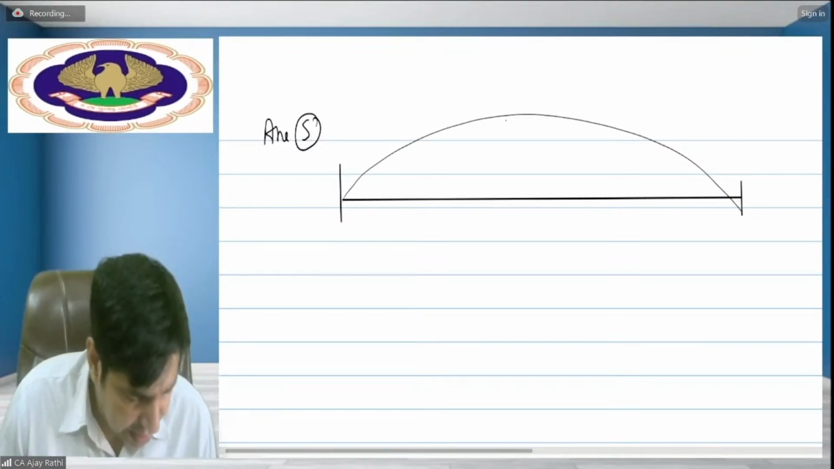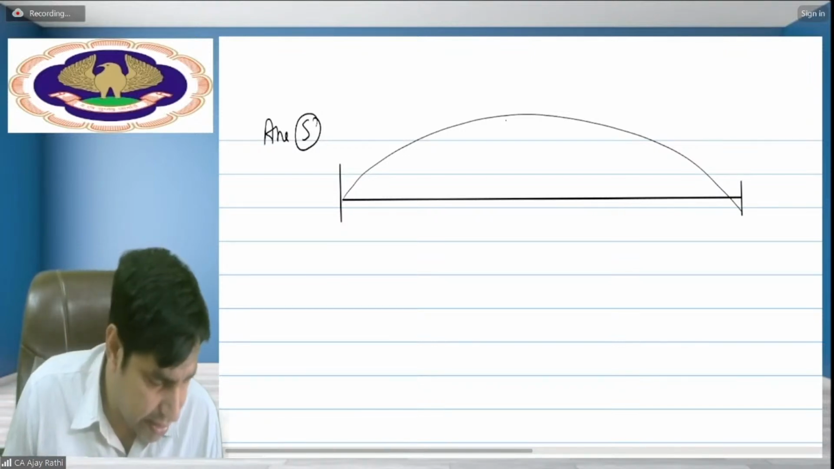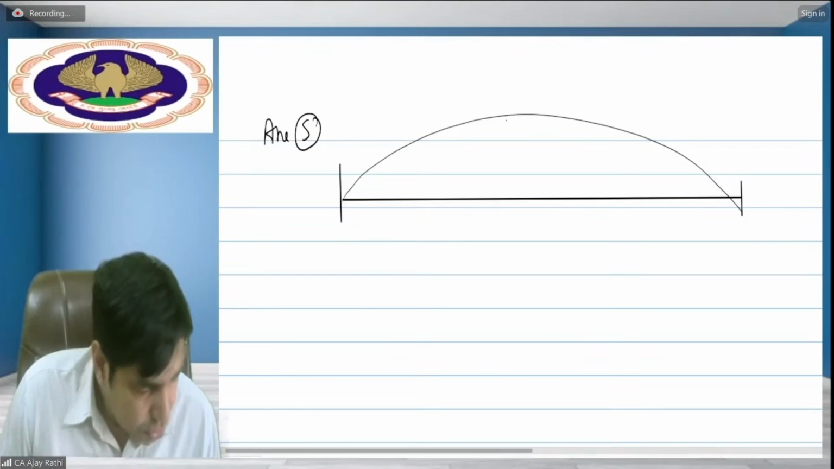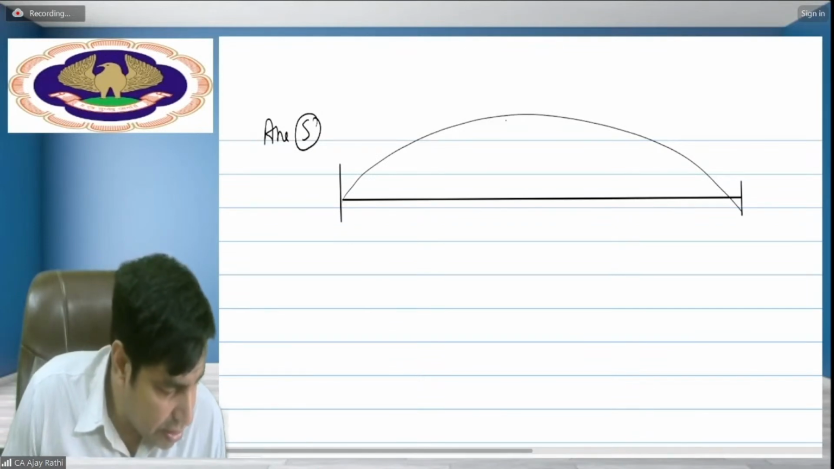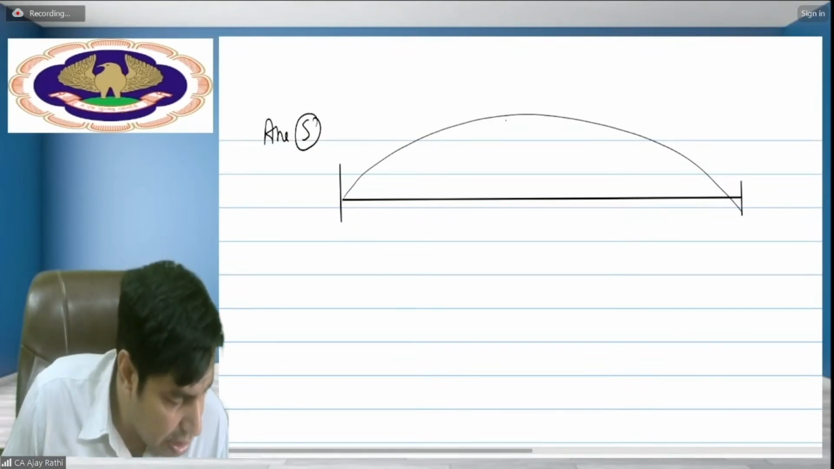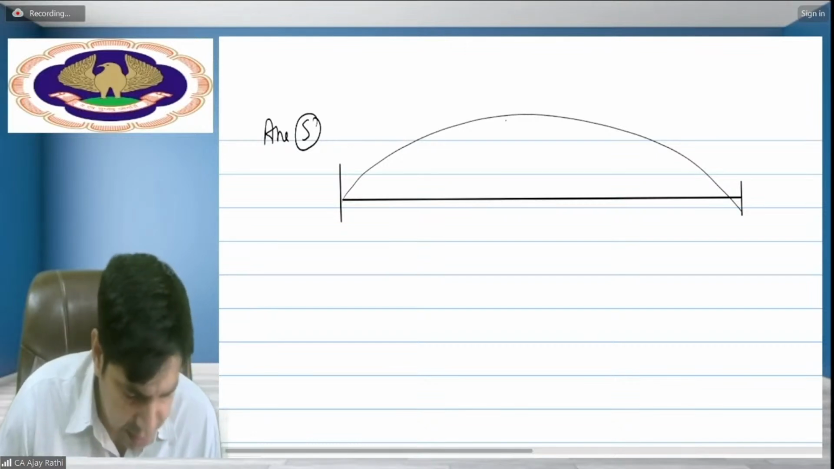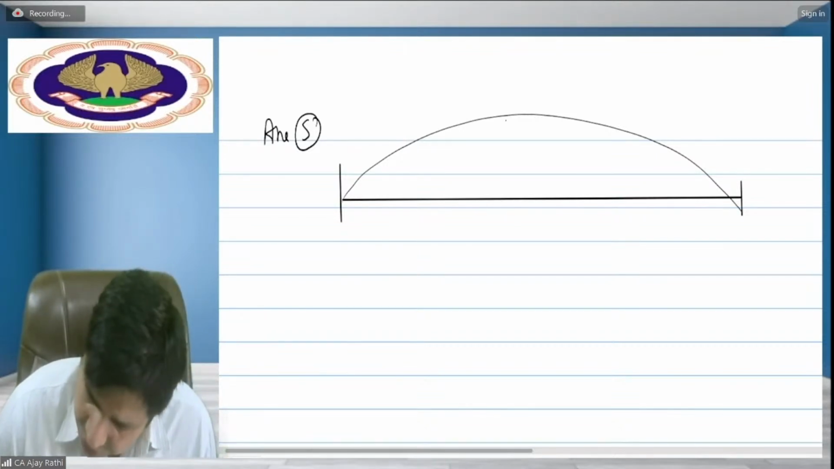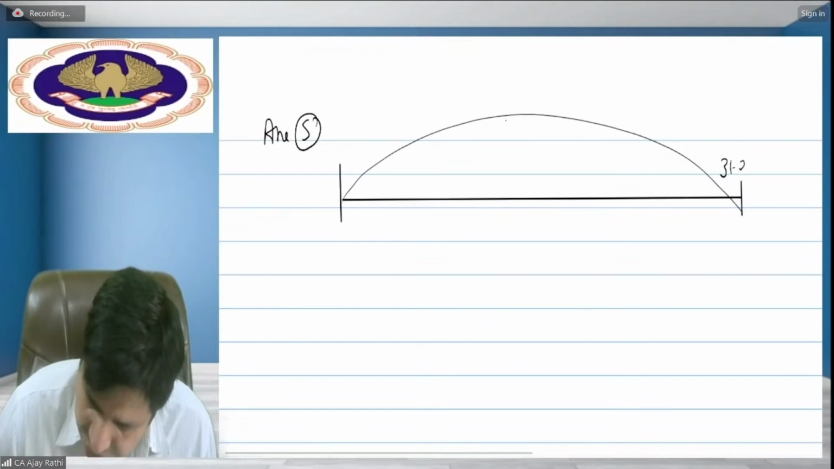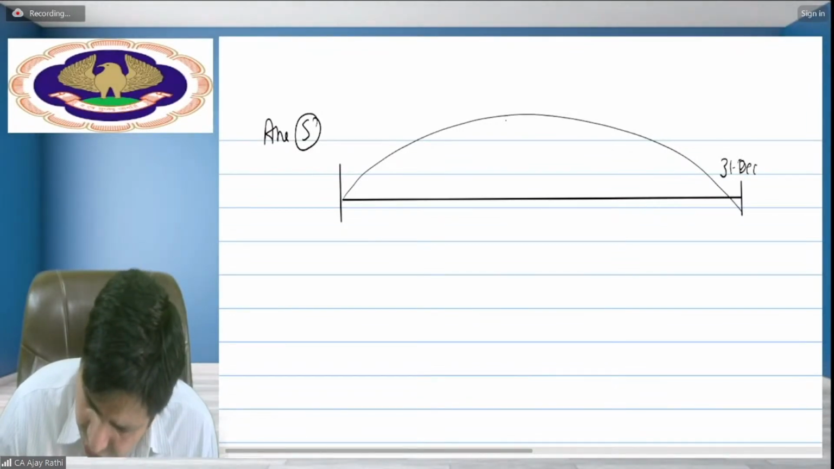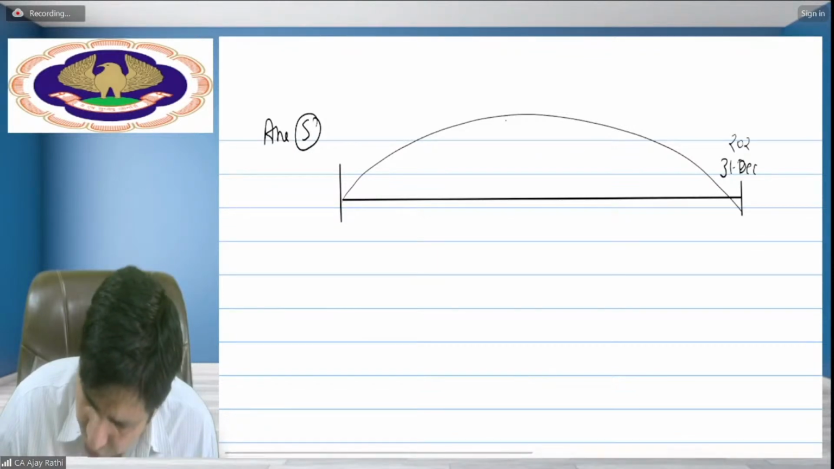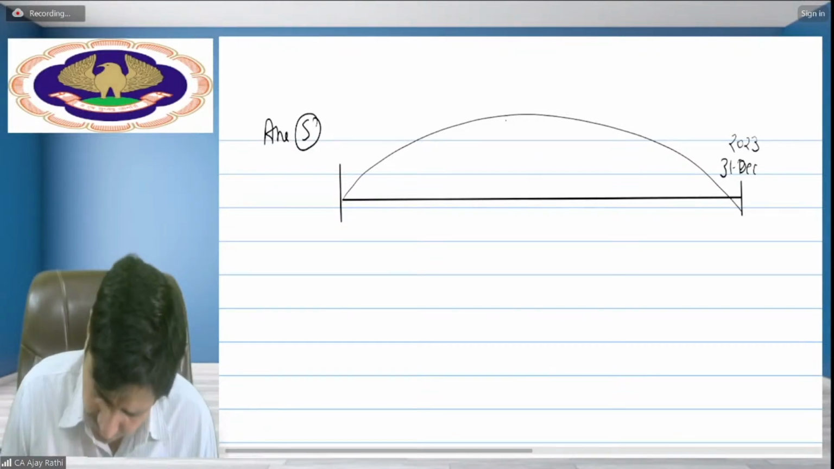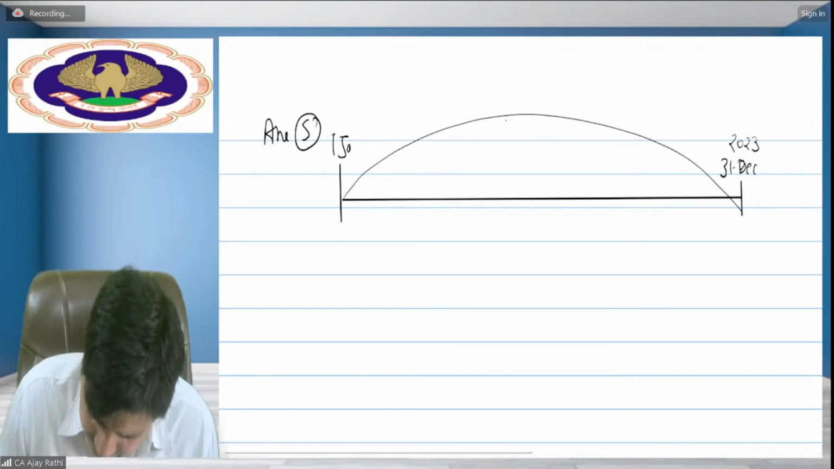This is the current year. As per the question requirement, this is the current year. So the current year is there, and the year ending date is December 31st. Okay beta, 31st December, can I say 2023, and 1st Jan